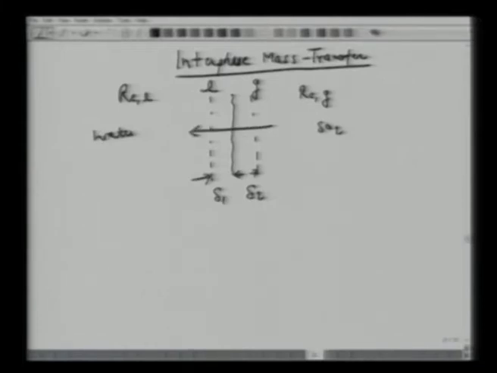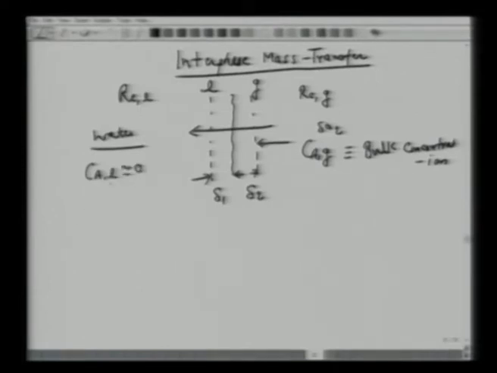So in interface mass transfer, again we will have bulk concentrations. This concept of bulk concentration was defined earlier. We have C_Ab, or we can say the diffusing species is A in the gas phase. So this is your bulk concentration of sulfur dioxide in air. Maybe this is 1% or 0.1%. So bulk concentrations, and now we have brought it in contact with water. And in the water, maybe here we have C_A in the liquid phase, the bulk concentration, which is quite small, close to zero, or could be some number which is given here.